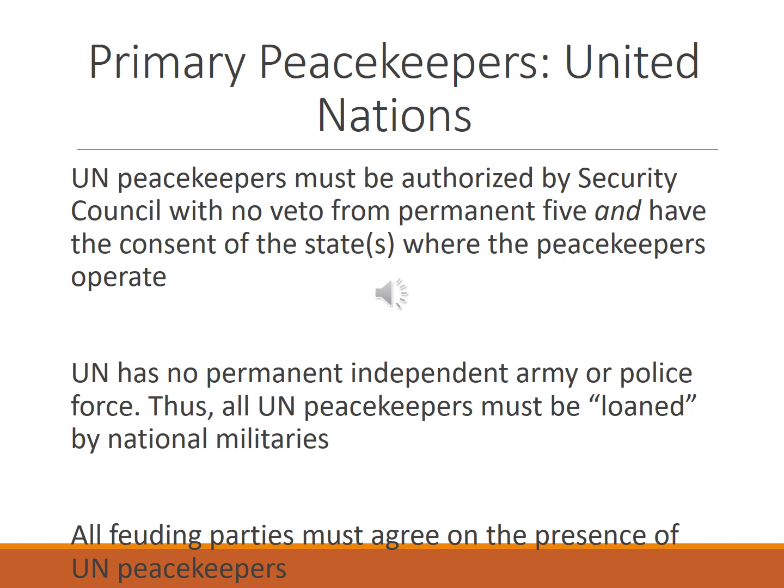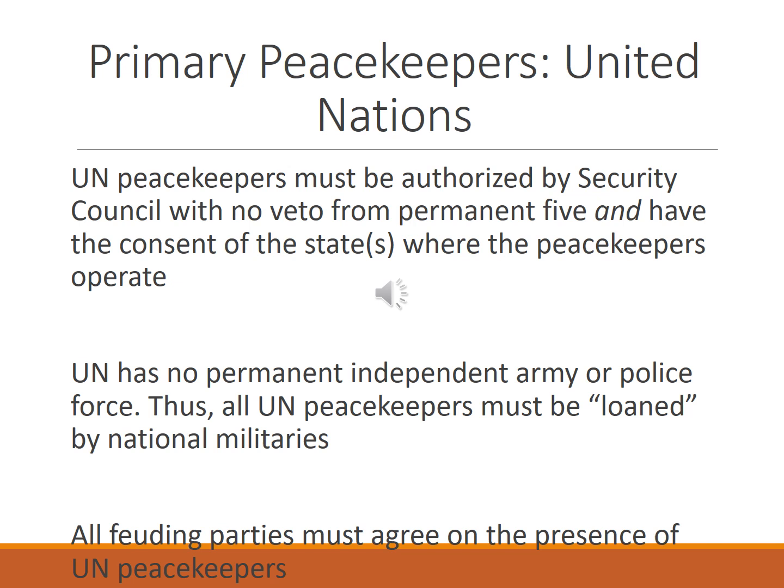This first point we see in the definition is worth dwelling upon a bit, the idea that UN peacekeepers must be authorized by the Security Council. This turns out to be a fairly high bar to clear because, as I think we discussed a little bit in previous modules, the Security Council can only authorize peacekeepers when there's a majority of agreement within the Security Council and none of the 5 permanent Security Council members, the United States, the United Kingdom, France, China, and Russia, veto the resolution to send peacekeepers.